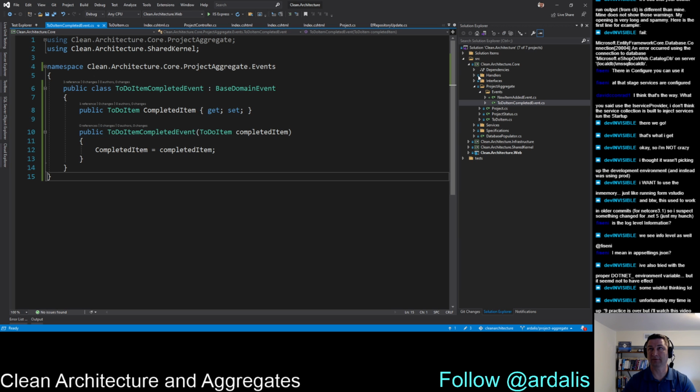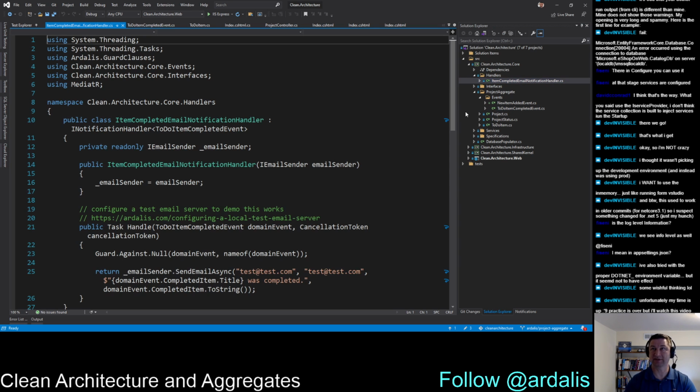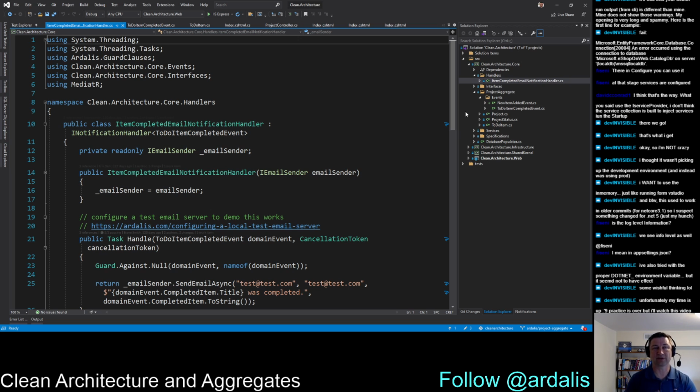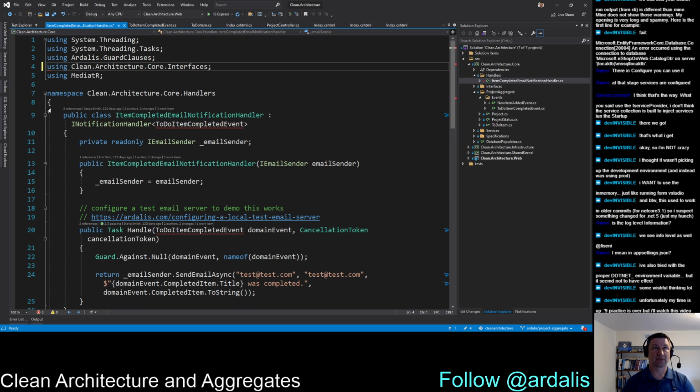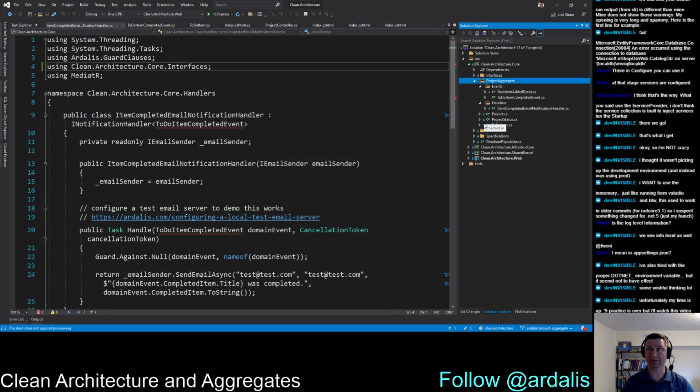Alright, so now we've got handlers also. Now these handlers don't necessarily go with the aggregate every time, but I think they probably could in this case. This is no longer a thing. Let's take the handlers and move them in there too, just to further show that this is all project aggregate